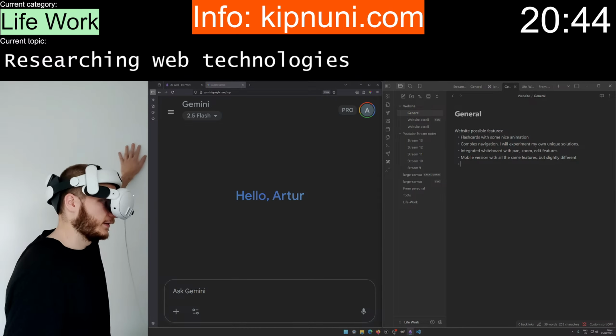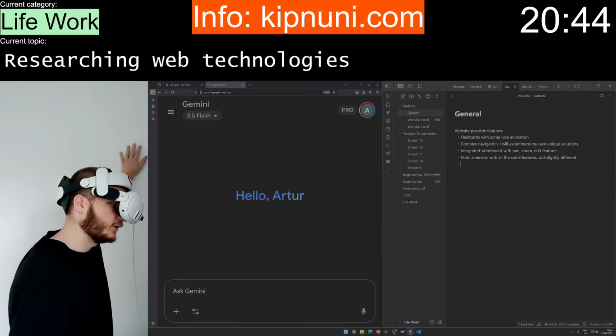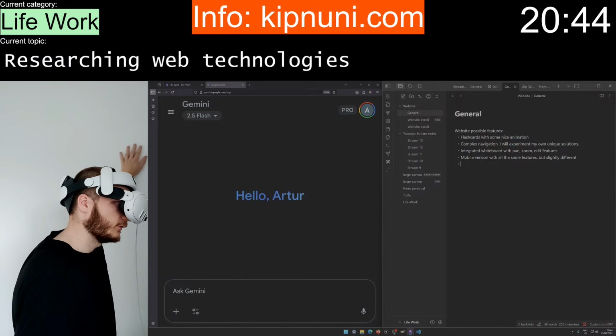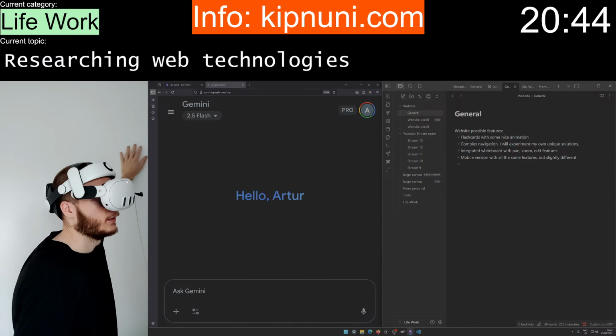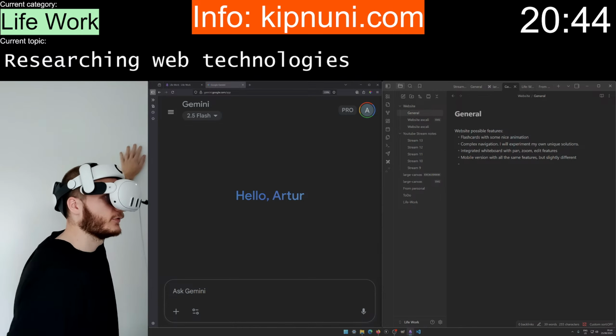What else? A 3D engine. So would I use WebGL? Maybe the flashcards already use it. 3D engine, probably not.